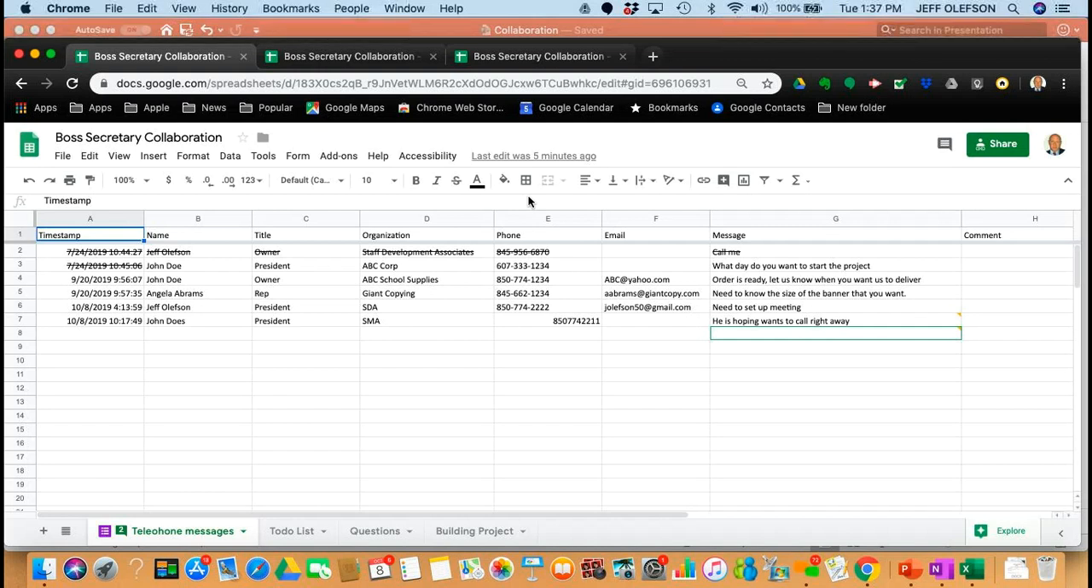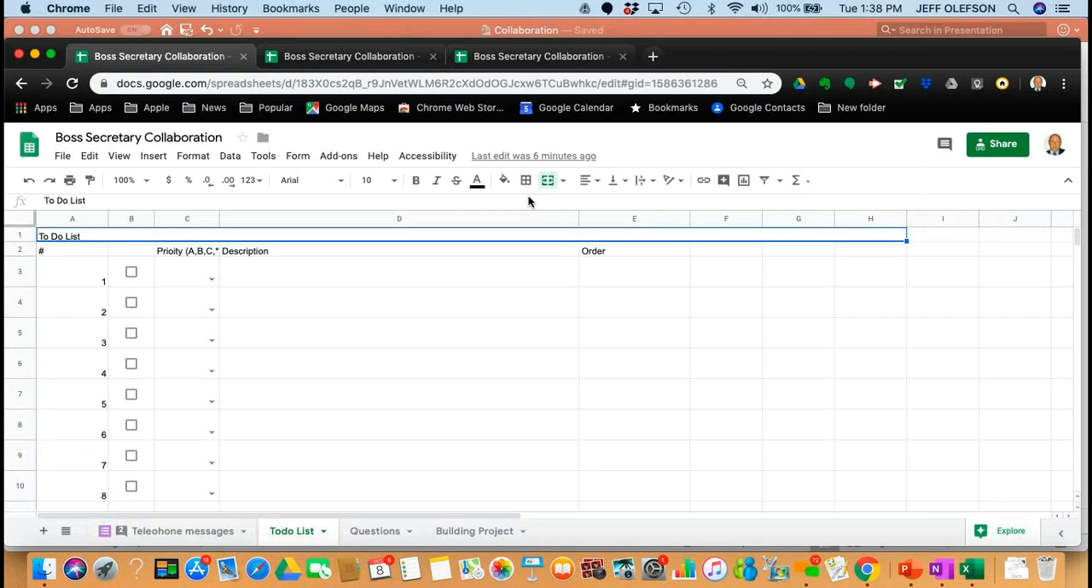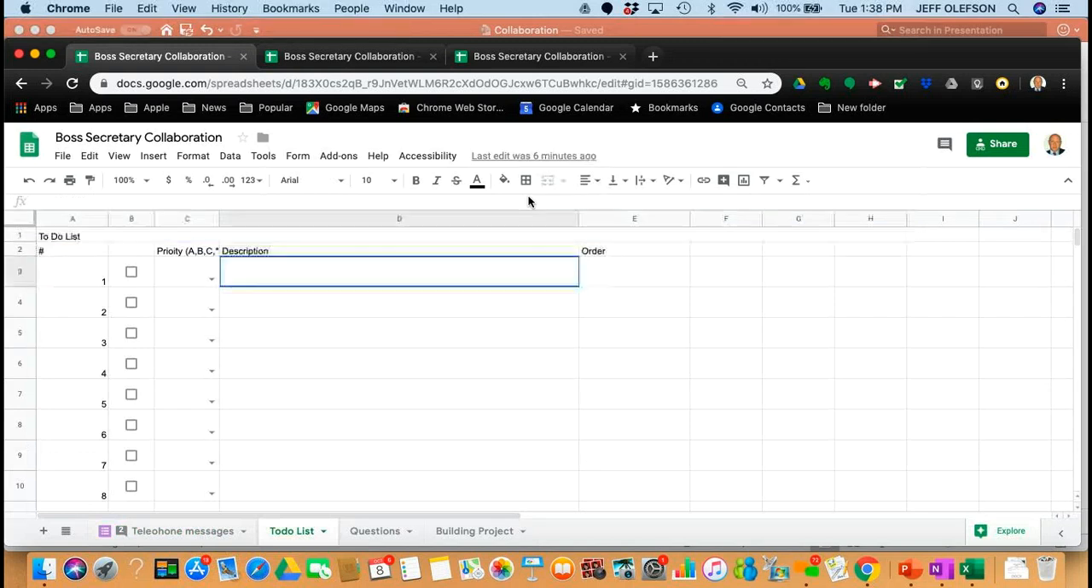So the first thing is a telephone message pad, and that's going to be linked to a form. But we don't have to be limited to that. We could have a to-do list. So, for example, I have a situation where the secretary has a little to-do list. She has a to-do list, and I didn't really fill one out and make a fake form here. You can have various items,